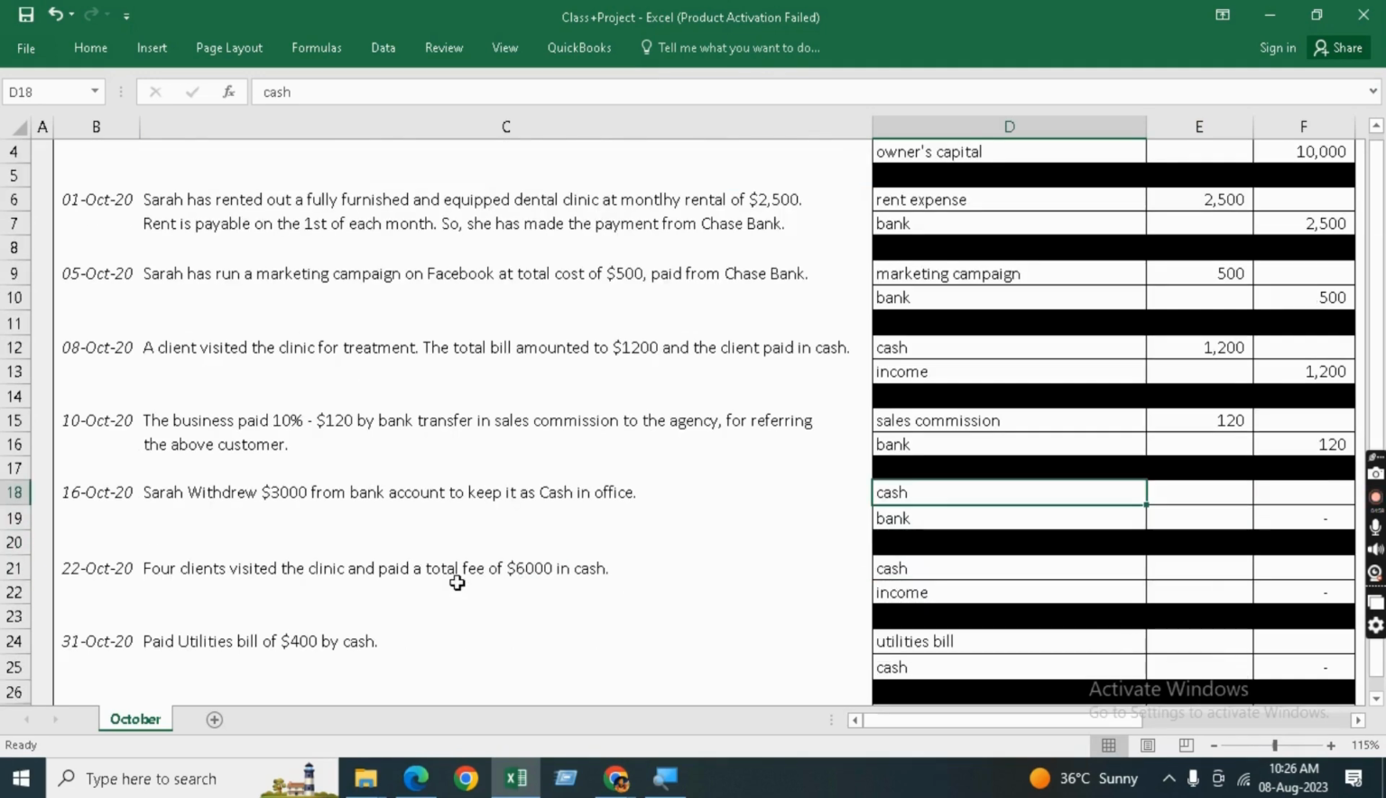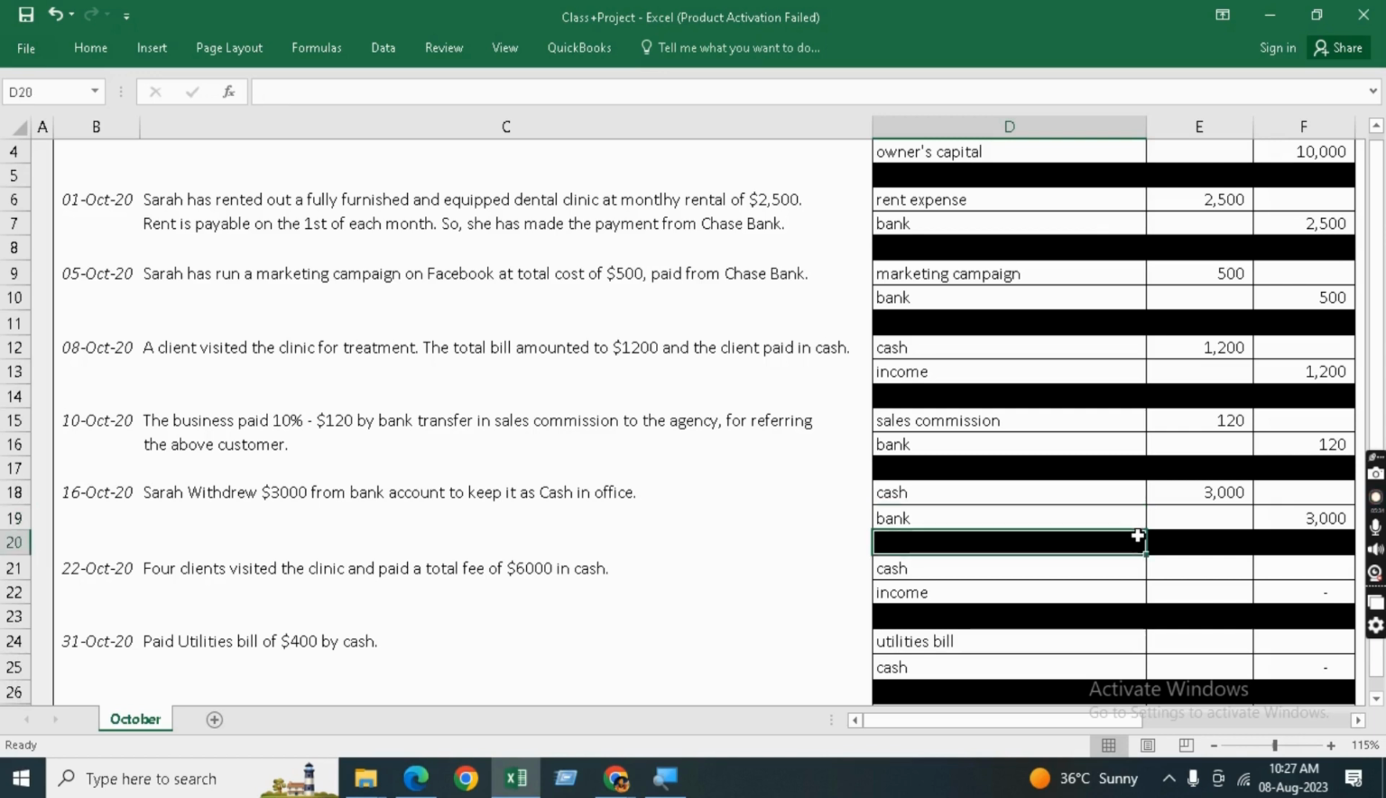Moving to the next transaction, Sarah withdrew $3,000 from the bank account to keep as cash in the office. So cash is coming into the office, so cash will be debited by $3,000. And since this money is coming from the bank, the bank balance is getting lower, so